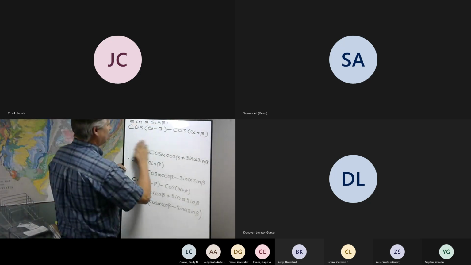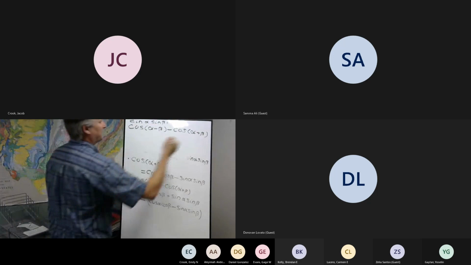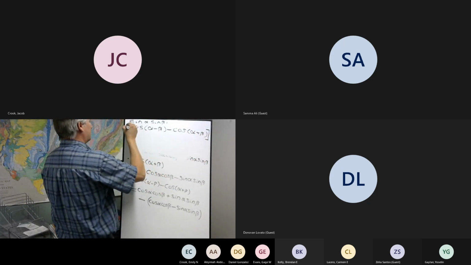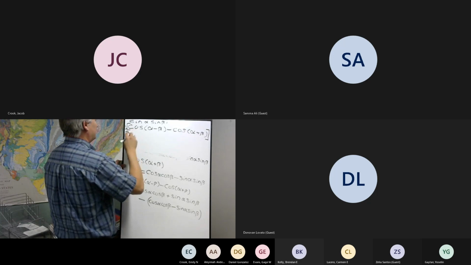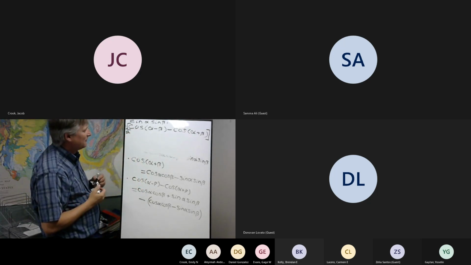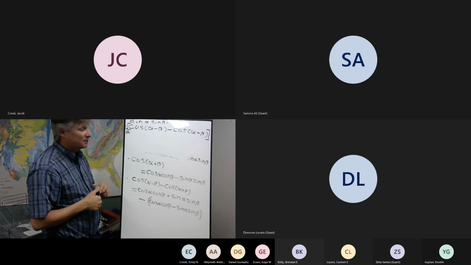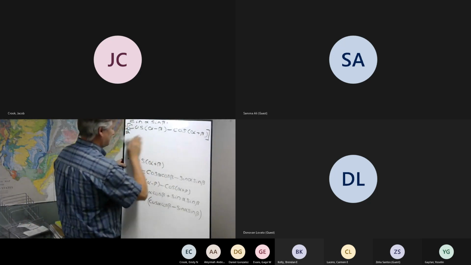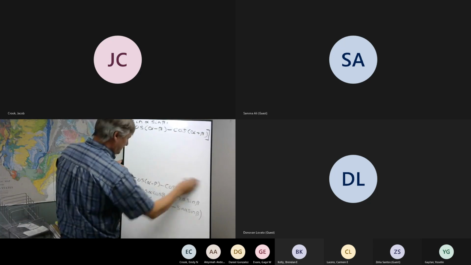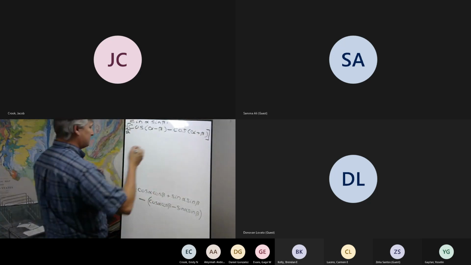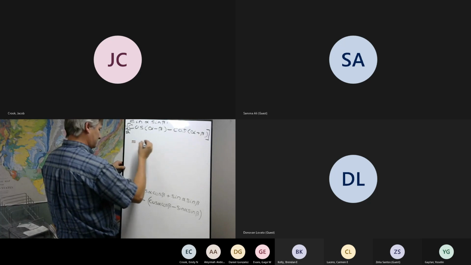Oh, I'm sorry, I forgot my 1/2. Critical thing. Just squeeze a 1/2 in there. So it's 1/2 times this difference. Now we have the difference. So what we're going to get